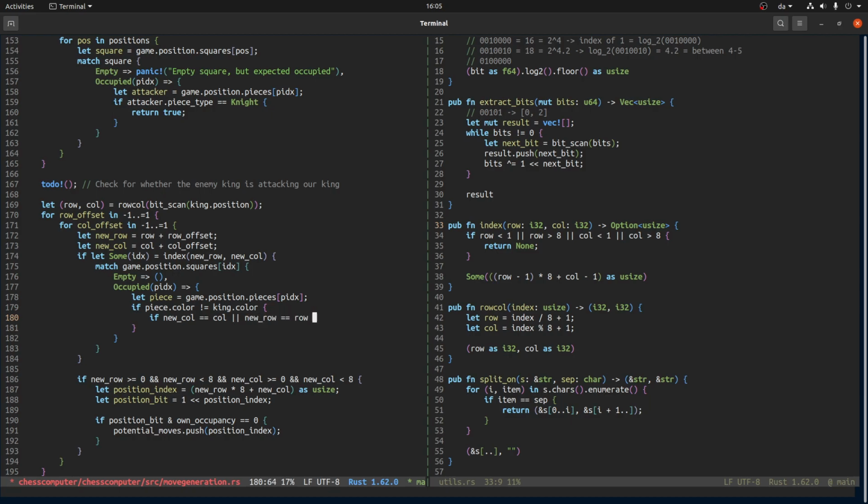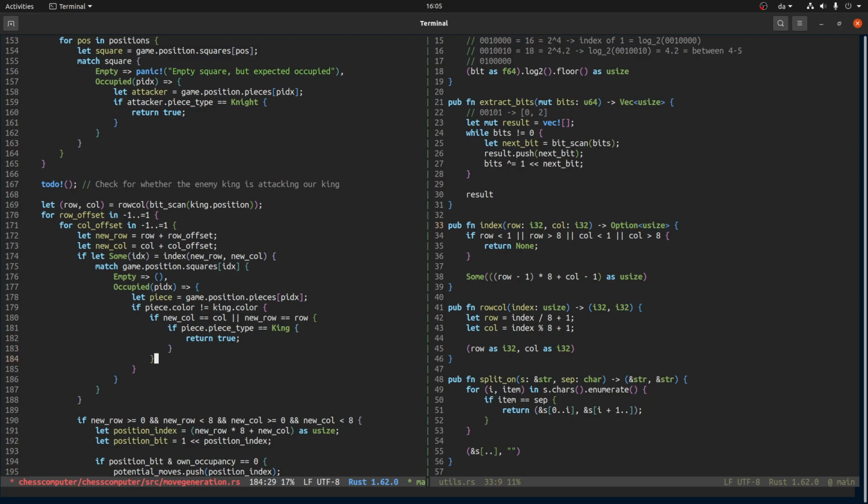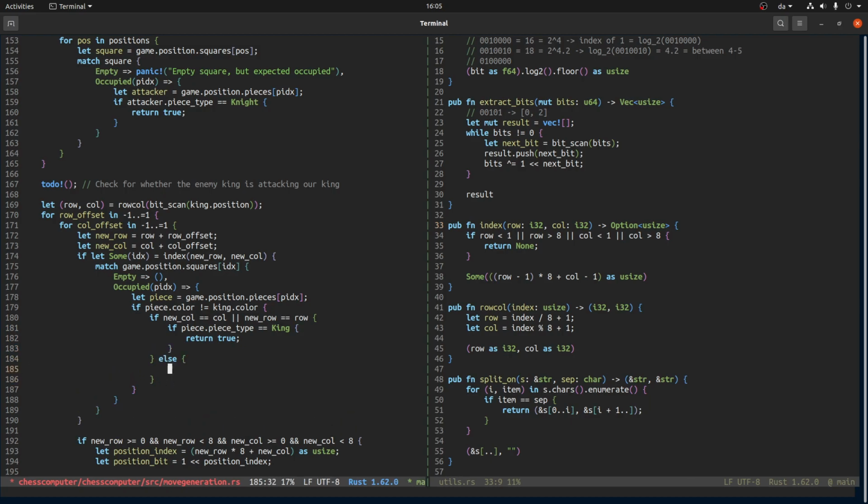So if we're either on the same row or the same column as the king, then the only piece that can attack us out of kings or pawns is the king. So then we just need to check if this enemy piece is a king, and if it is, then yes, we're under attack. Now, but if we're not on the same row or the same column, then we need to check if it is